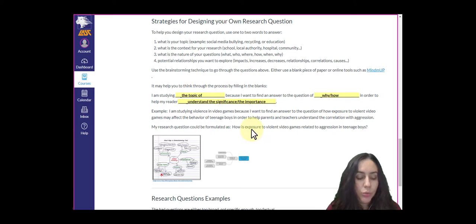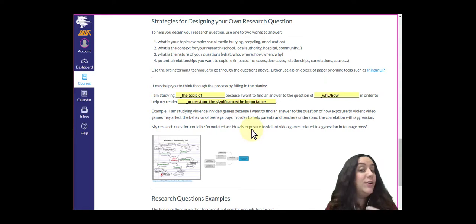are children who play violent video games, are they more likely to act out in the classroom? Or why is it that children who play violent video games are more aggressive? Is that really the case? Another kind of research question that I could ask based on this would be, how is playing violent video games linked to getting in trouble in school, or committing crimes, or participating in gang violence? Is there even a link to that?